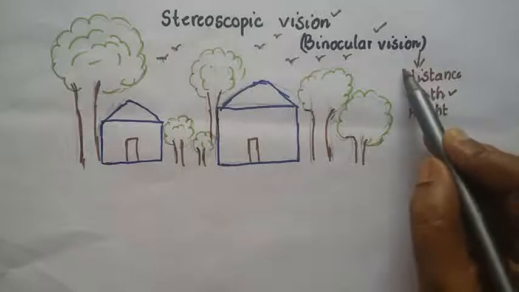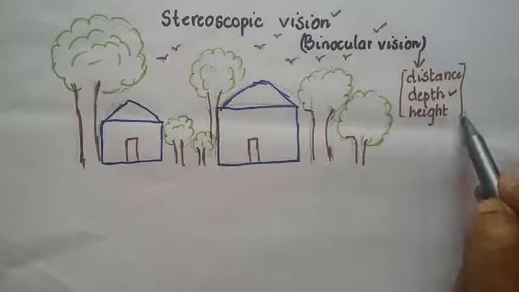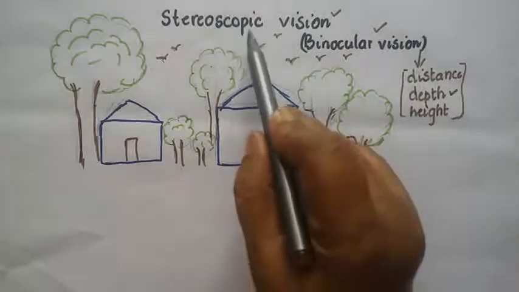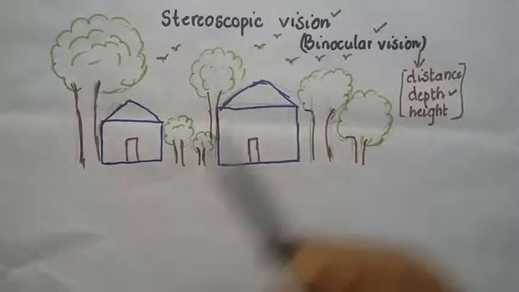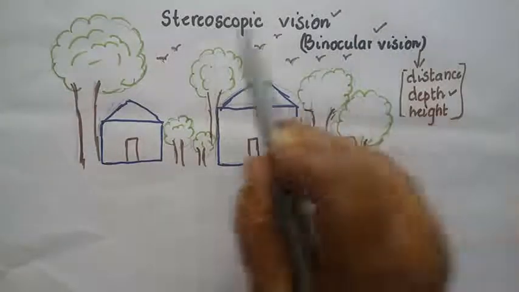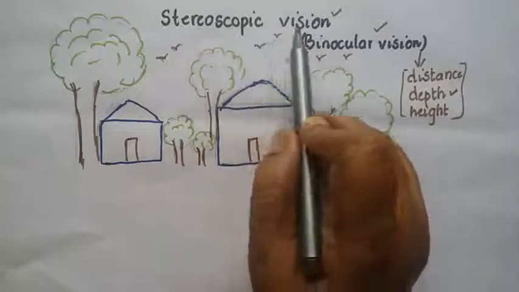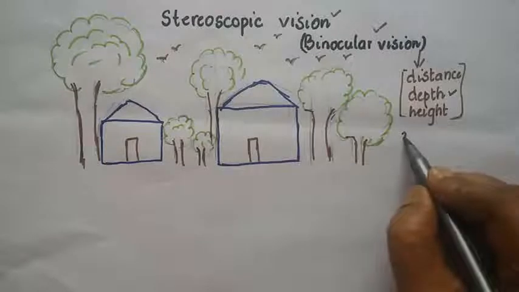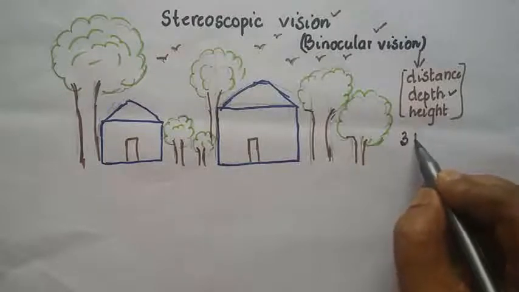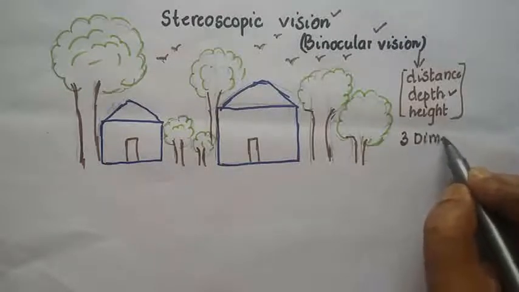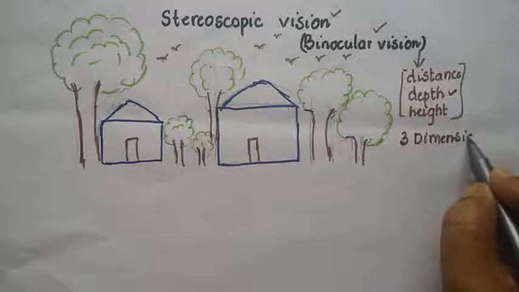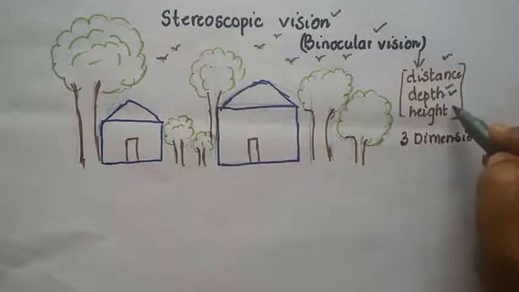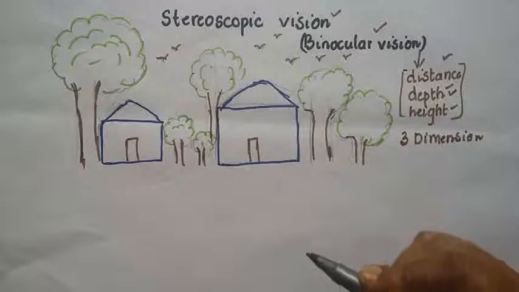All this we are able to measure. It's because of the particular capacity known as binocular vision or stereoscopic vision. Or you can say that we can have the 3 dimensions of the object. That is, you can measure the distance, depth or the height of the object. That is a 3D